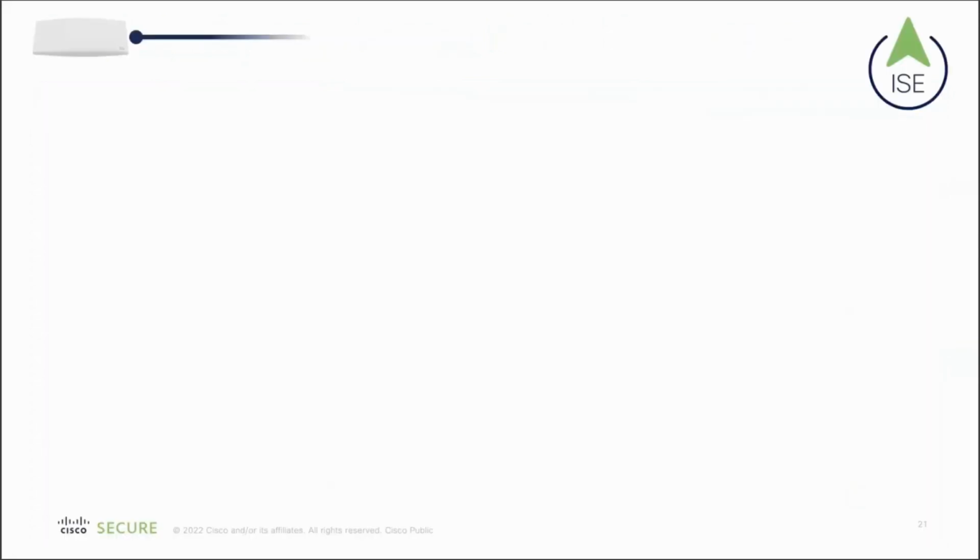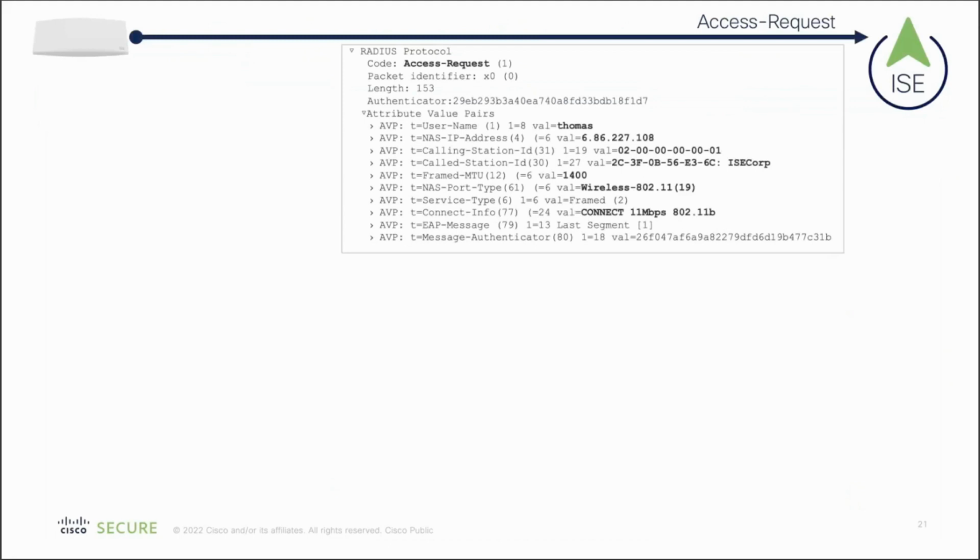And to get down into the details now, we can also take a look at it at a packet level. If you do a packet capture, you can see, in this case, I got a Meraki AP sending an access request to ISE. And these are some of the attribute value pairs that you will see the network device is sending into ISE. So you see the access request and you see a bunch of attribute value pairs. And I've highlighted the values of the attribute value pairs so you can see the material that we have to work with in ISE to determine